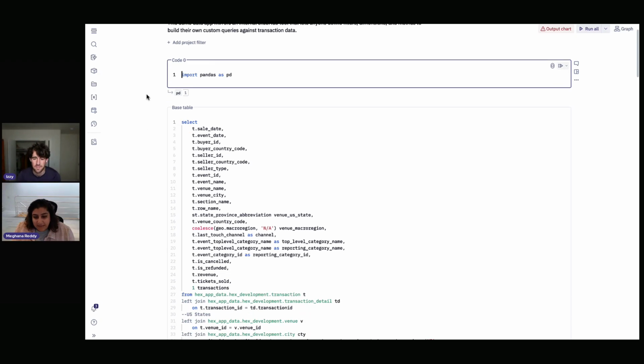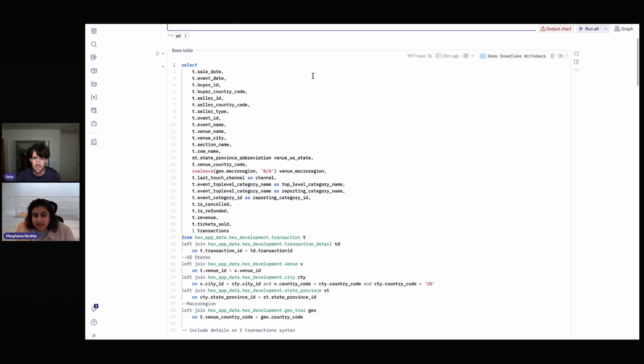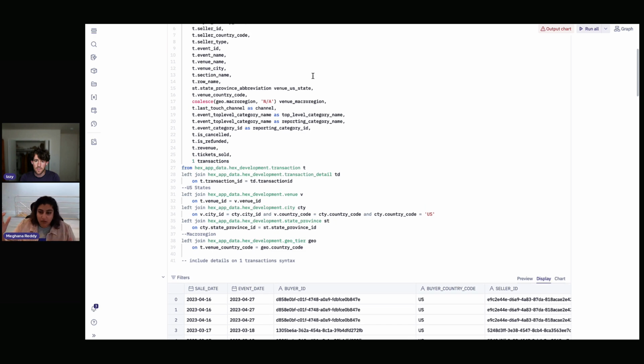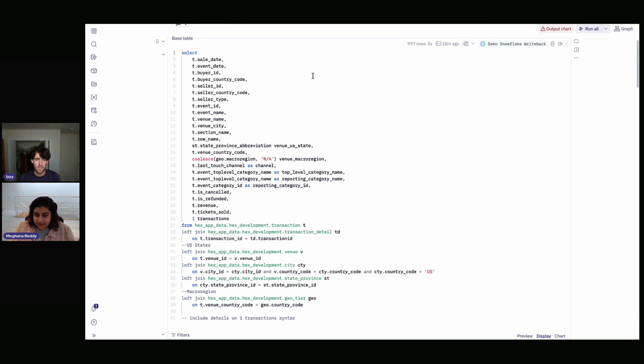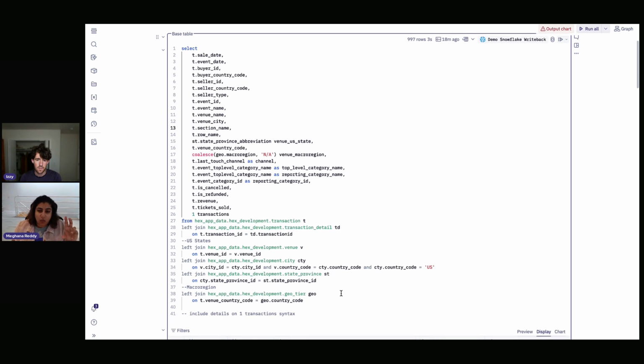What we'll see is that there is this base table that's running that's saying, okay, here's the complete data set that I care about. And really key in here is that in the real version of this, this is a huge query. So we wouldn't actually want to try to pull all-time transaction data into a single data frame. Instead, we use query cells.